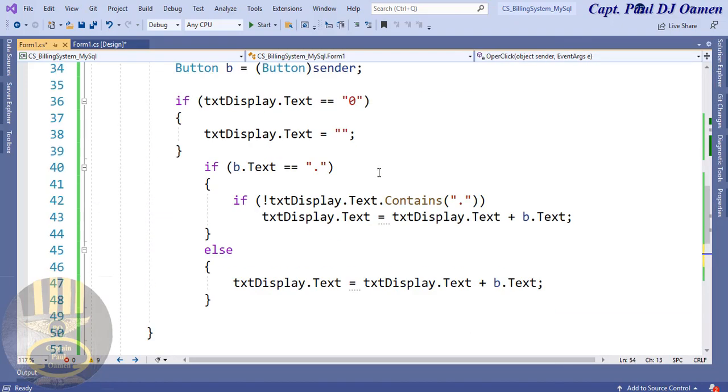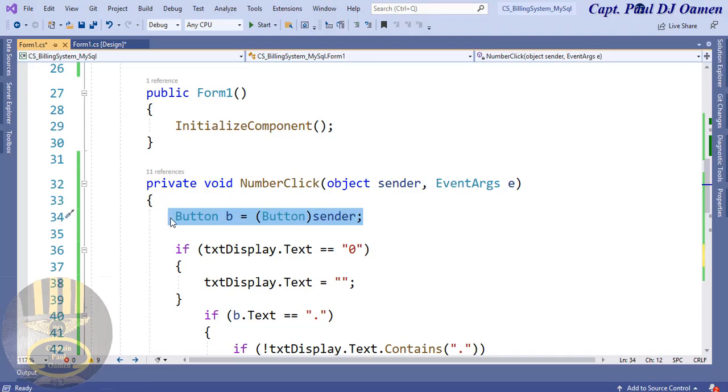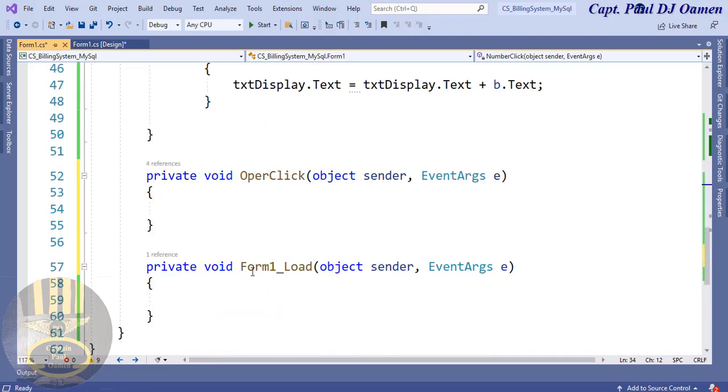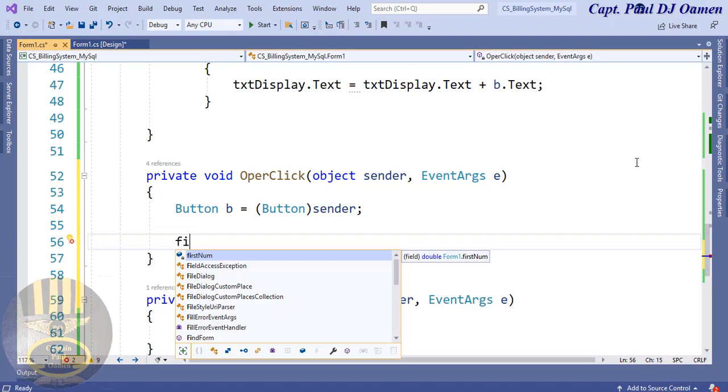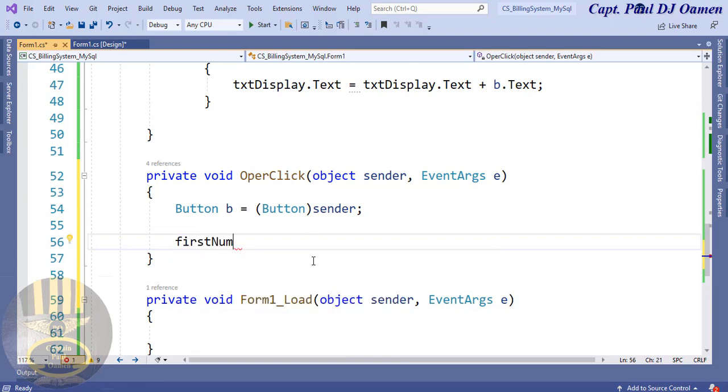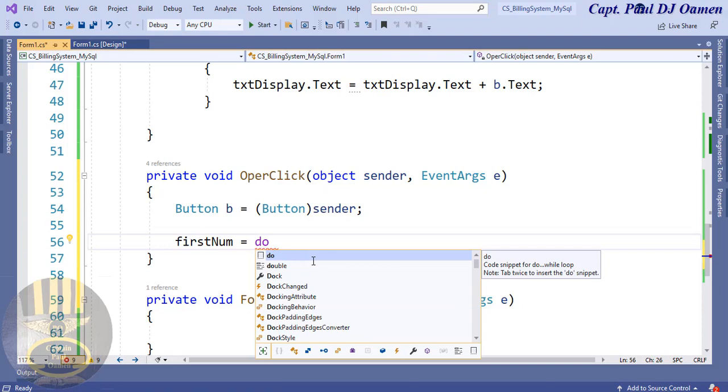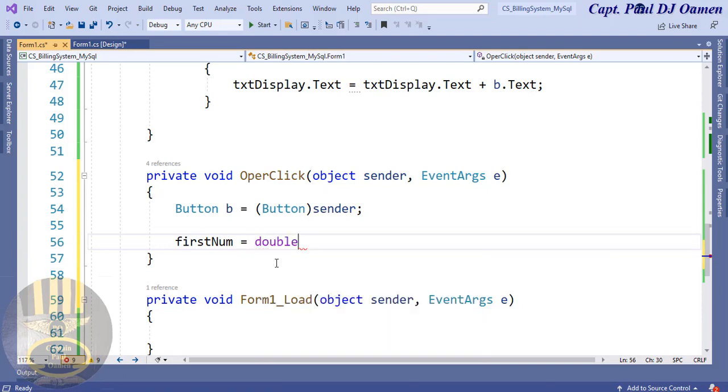And I'm also going to just dump that in here. Let's create an object, and this very object we store whatever operator value we have on any of the buttons. So first of all, I'm going to start by declaring as follows: first number, whatever we have inside first number equals, let's say, double dot